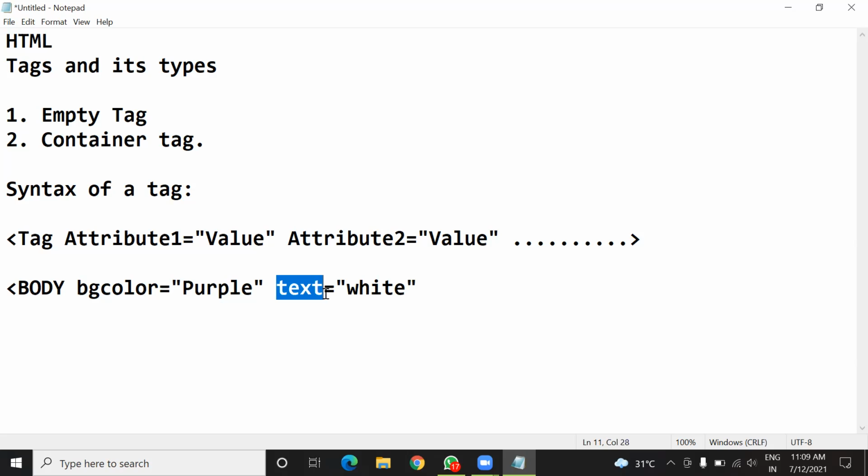So this text now becomes attribute 2, and white is here the value of this attribute 2, that is text. Okay, so like this you can use a number of attributes as per the requirement in your web page, and just after that you can close this with this closing angle bracket. For example, I want to use only these two attributes, so I'll close it here only. Understood, everyone? Yes, sir.